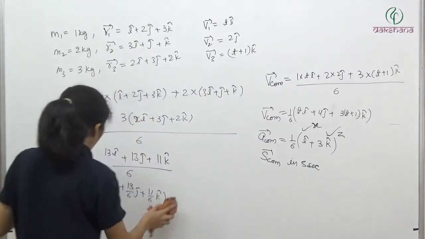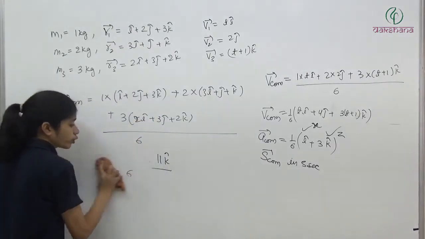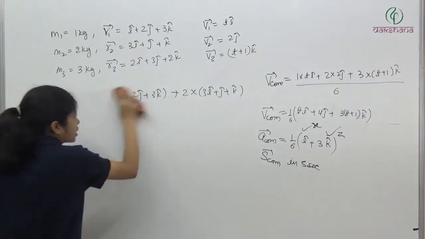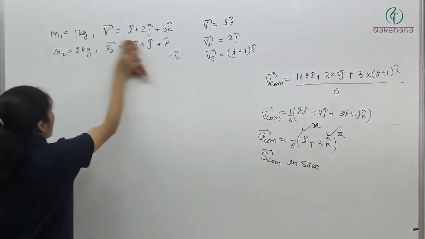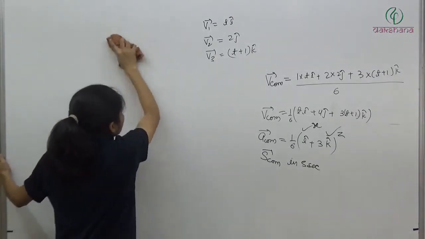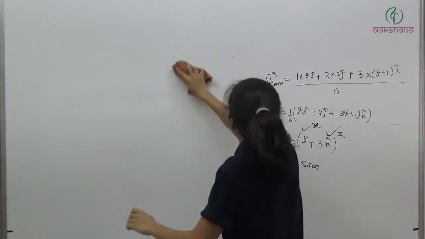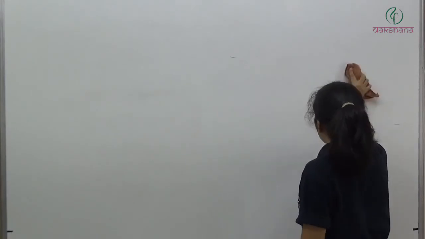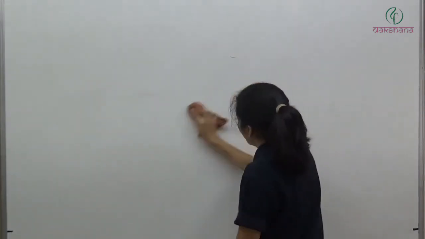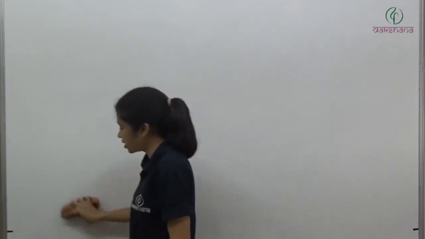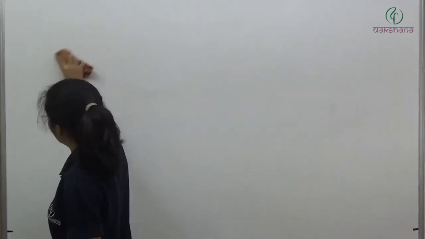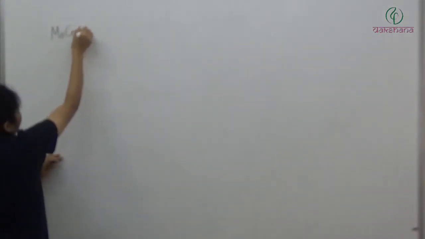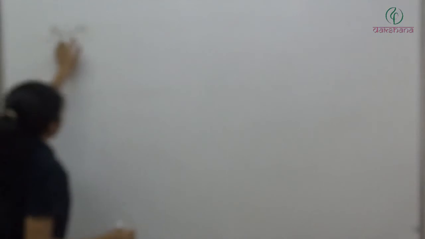So now we are not going to solve more problems on finding the location of center of mass. We'll move to the next topic of center of mass. So the next topic is motion of center of mass. And here we are going to solve some very good problems. So write the next topic as motion of center of mass. In bracket you can write like this, motion of center of mass.